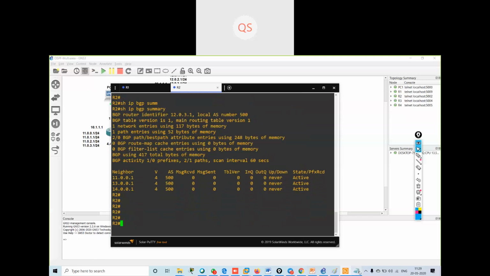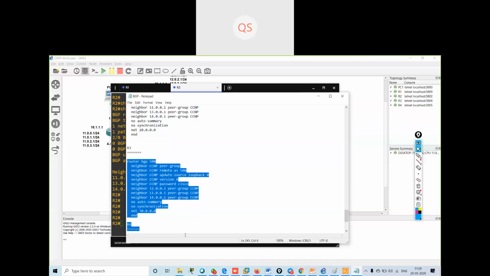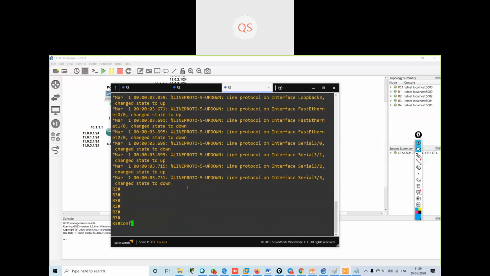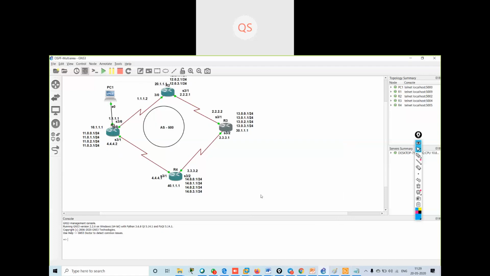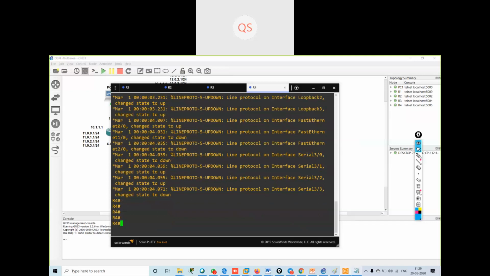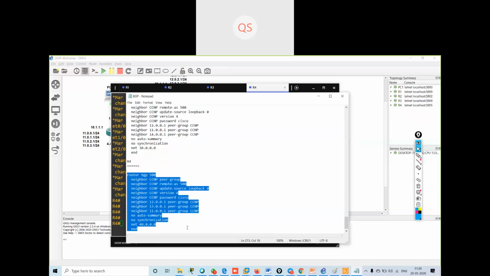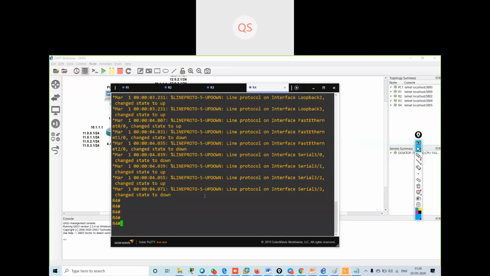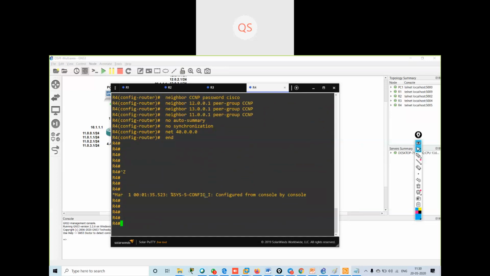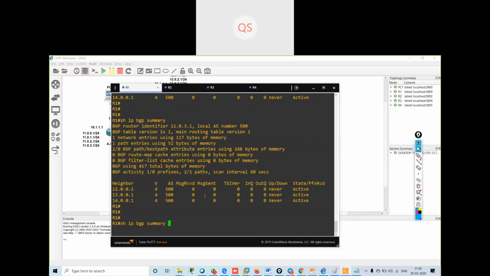Still it is active. So why are they not forming the neighborship?